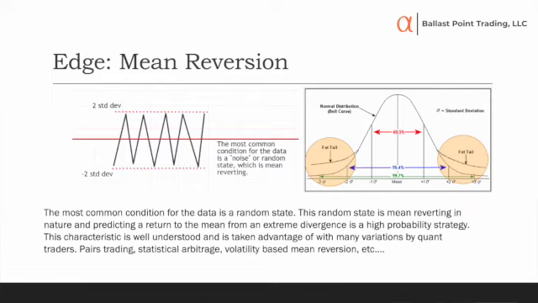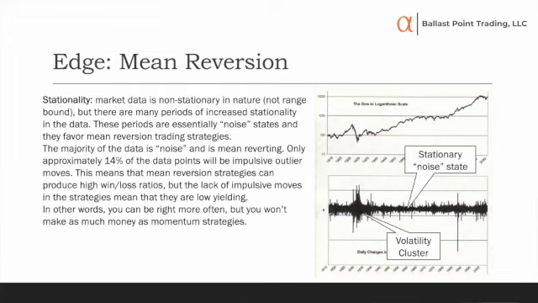So mean reversion is, from a quant perspective, one of the most common strategies that's incorporated, and it's really taking advantage of the middle of the distribution. Okay, so if we look at this data, we can see where the volatility is clustering here, and just think of it this way for where mean reversion works. Again, only 14% to 20% of the data is going to be that spiky nature. The rest of it's the mean reverting noise that happens in between there.